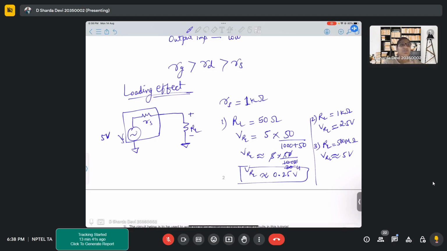Or even if, let's say, you have an amplifier with its input resistance, and then you connect a load, or an amplifier with output resistance and you connect a load. You want the amplifier's output to appear across the load rather than being dropped across the output resistance, right? So when you hear terms like loading effect, impedance matching,